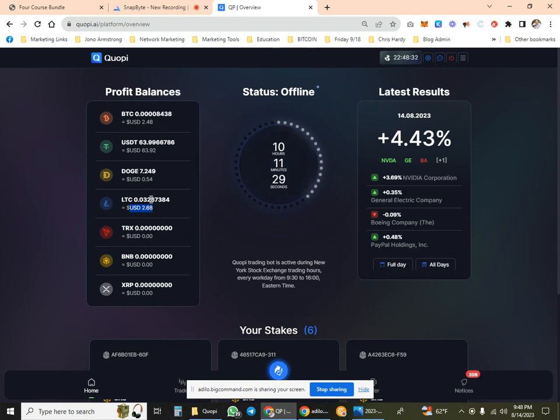I must have just gotten a Litecoin commission, because somebody must have just deposited some more Litecoin. But I don't have a Doge stake, a Litecoin stake, an XRP stake, or a Bitcoin stake. So if I get crypto in some of these where I don't have a stake, it's because I earned a